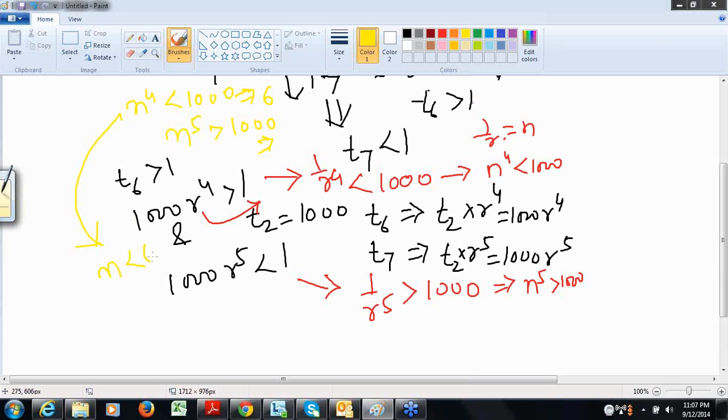N has to be less than 6. Okay, and this means what? N has to be greater than or equal to 4. Now combine these two equations. Everybody is with me? N to the power 4 is less than 1000, n to the power 5 is greater than 1000. So n to the power 4 is less than 1000, that means n has to be less than,